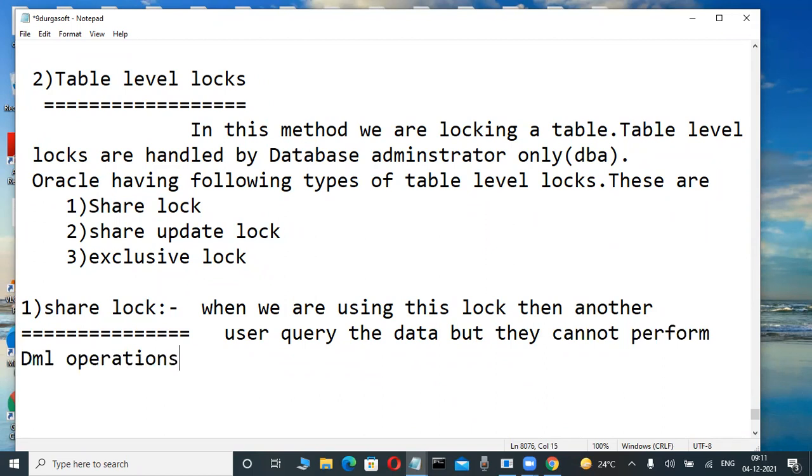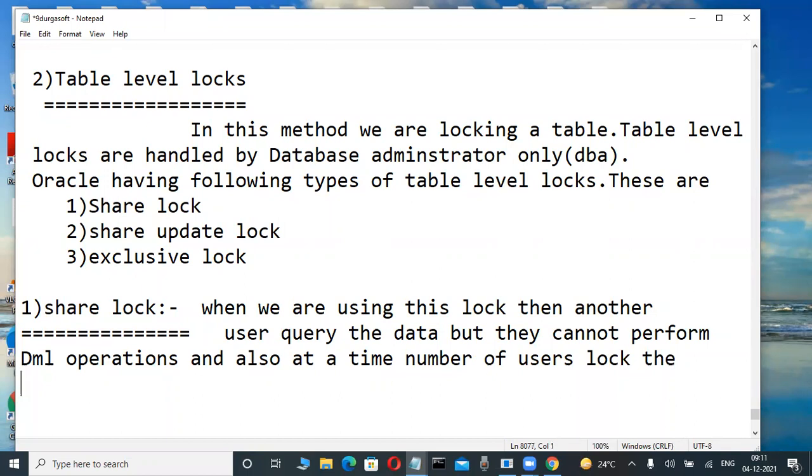And also, at a time, a number of users can lock the resource. Sharing, locking the resource is a different concept, a DB concept. These locks also